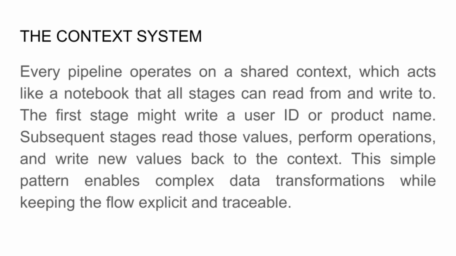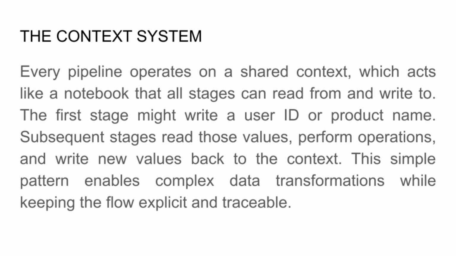The pipeline starts, and the first stage might write some initial data into the context. Maybe it writes a variable called user ID or product name. The next stage reads that variable, does something with it, and maybe writes a new variable into the context. Each stage builds on what came before, and by the end of the pipeline, your context contains all the accumulated